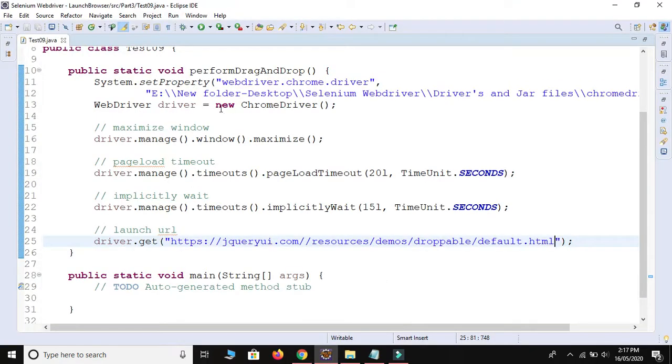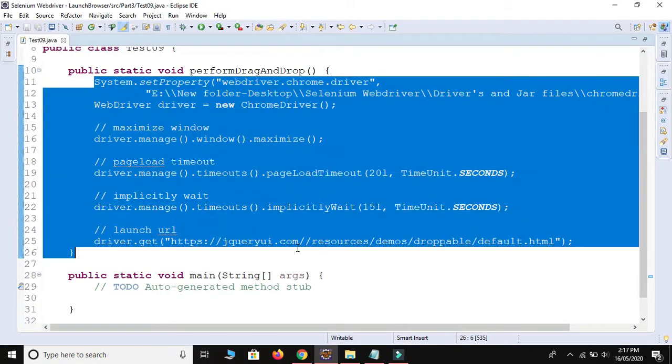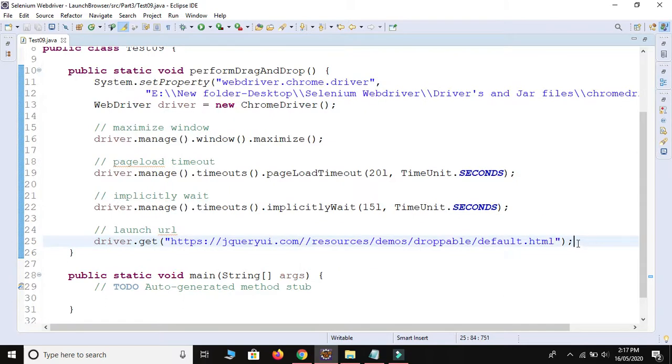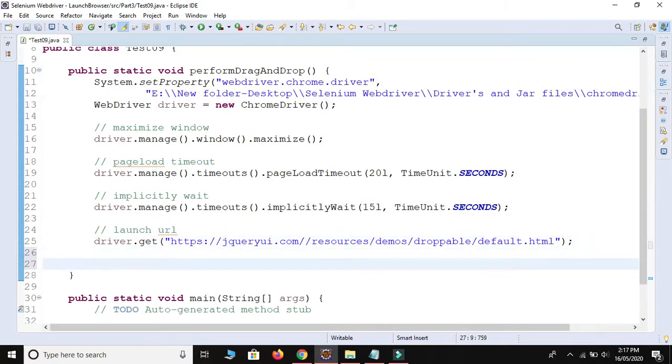I have already created the setup method, the setup code I have already written. In this case we need to take help from the Actions class. We are going to drag and drop over this element. Okay, let me refresh.